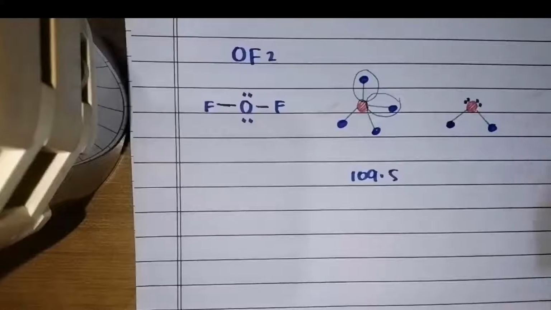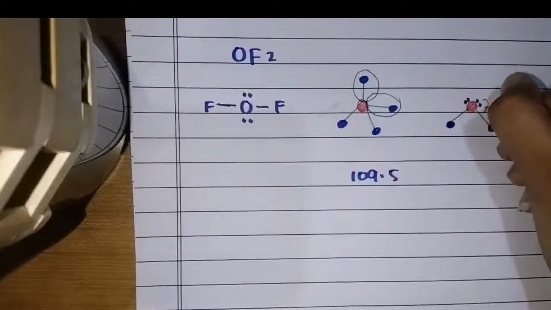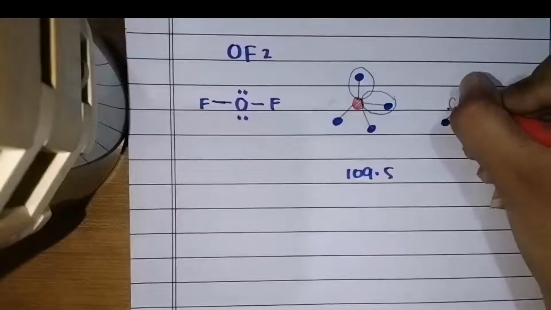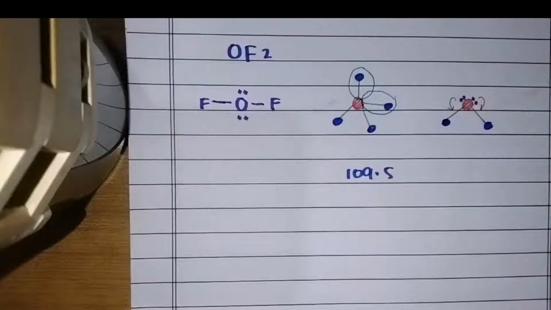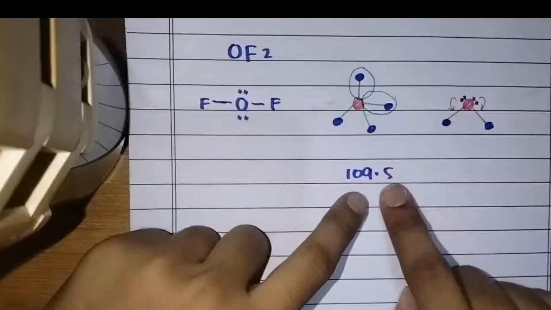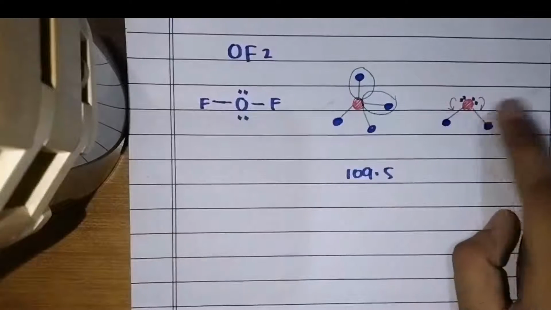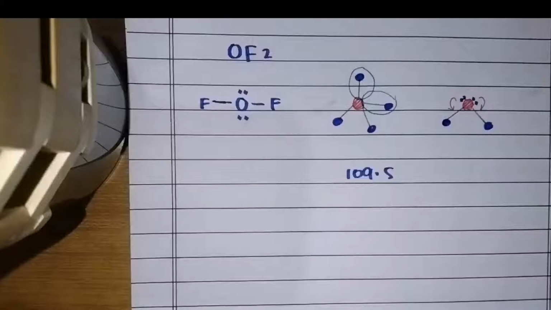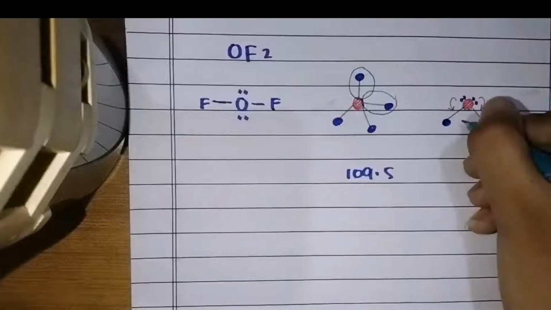One electron lone pair and this second electron lone pair. Now what these lone pairs are going to do is push these atoms closer to each other, and from this 109.5, this OF2 would be more like